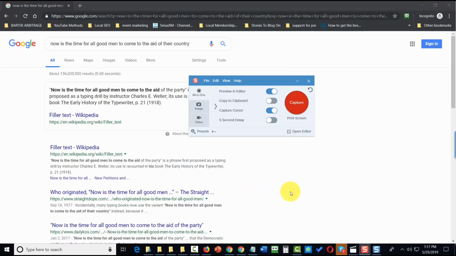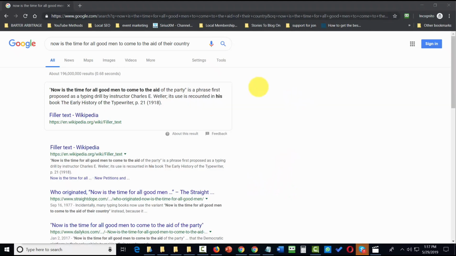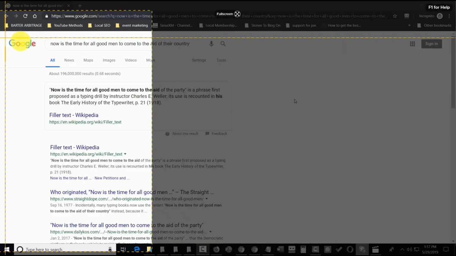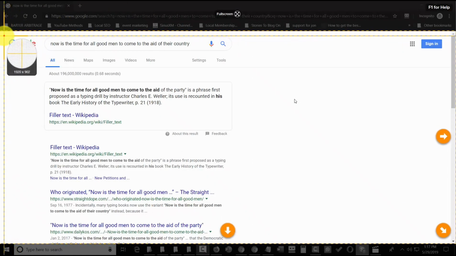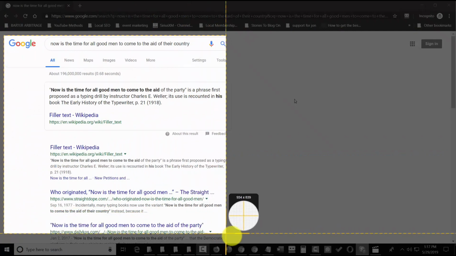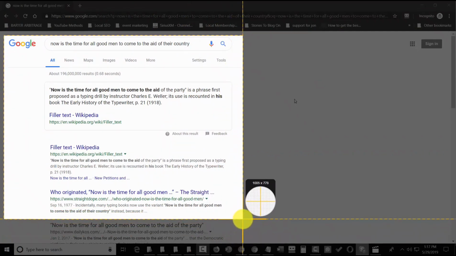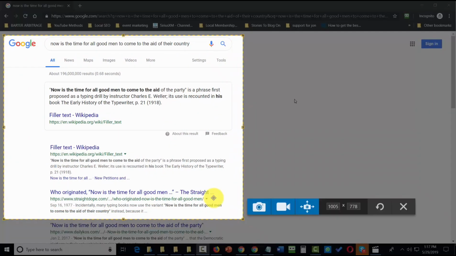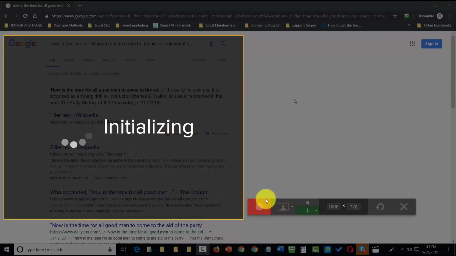Welcome back. Now we're going to create the same image with our all-in-one menu again. We're going to click the capture button. We're going to go to the upper left-hand corner, and basically we're going to draw the same image again. And this time we're going to bring it into our feature window here, and this time we're going to click this button that says record a video. When we click that button, then